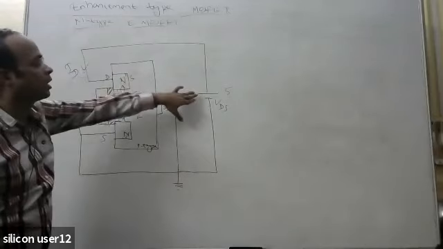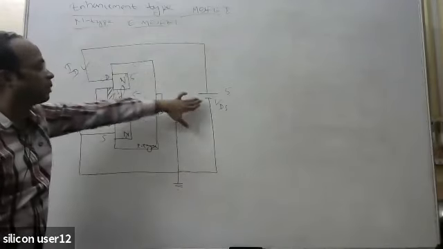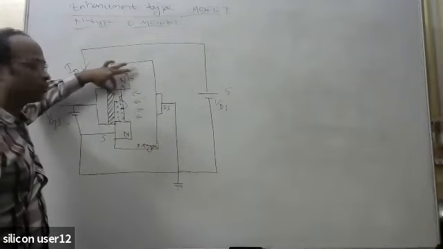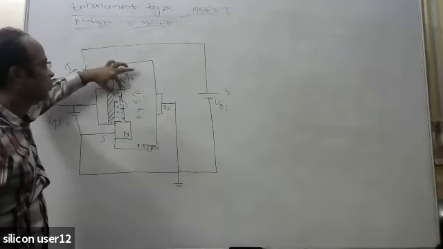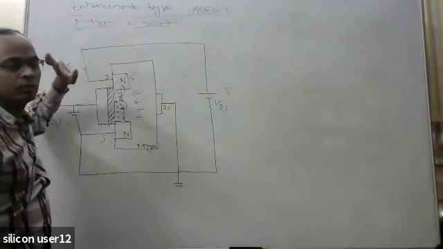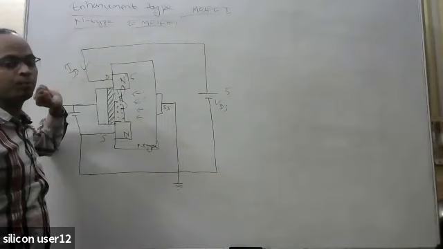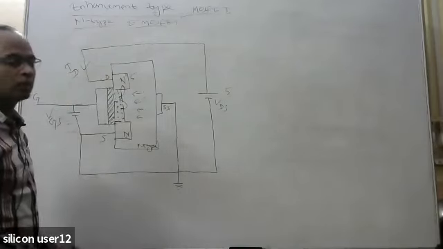If you are applying, let's say, 2 volt, this channel width is a little bit decreased. Again, you apply 3 volt, this channel width is more decreased. At a particular voltage, this channel will be completely nil. The channel width will be completely 0. That point is called the pinch off point. At what point that will happen, we should know.